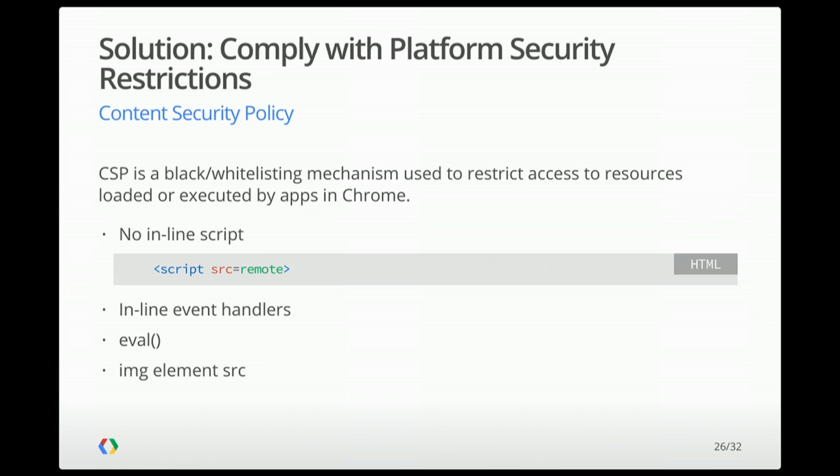The key thing here is to start designing your app from the very beginning with content security policy in mind. You can't load remote scripts. You can't use eval. And for us, this was kind of a problem because we were getting JSON objects back from the server. And so we had to translate those into objects using eval, and we couldn't do that. So what we ended up doing was having a sandboxed iframe that had the use of eval inside of it,